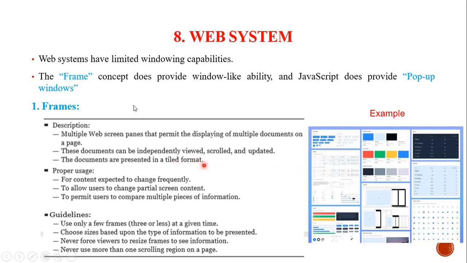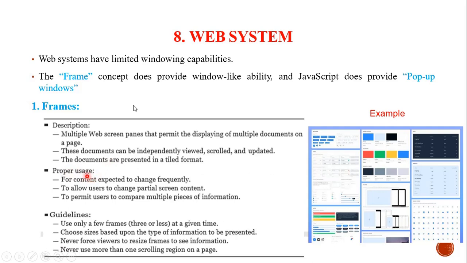You can see how it is like placing tiles on a floor, so that is tiling we say. In the same way these web frames can be presented in a tiled format. There is one frame here, and next to it you are going to see another frame. Like this it is all presented in a tiled format.